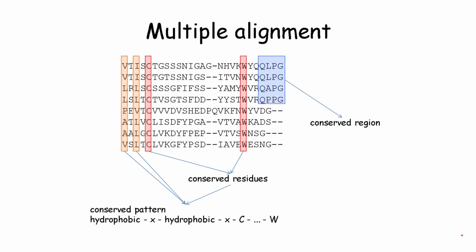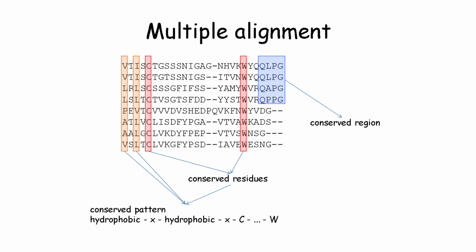Proteins are grouped into such families based on their structure, homology, and function. Multiple sequence alignment highlights the residues that are common in all or most of the sequences. We call such residues conserved residues. Sometimes we would see a stretch of highly conserved residues, which we call a conserved region or a conserved site. If the proteins we have aligned have some common function, we can attribute that function to the set of conserved